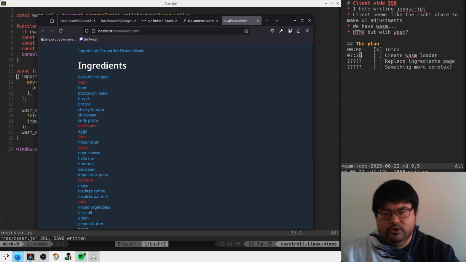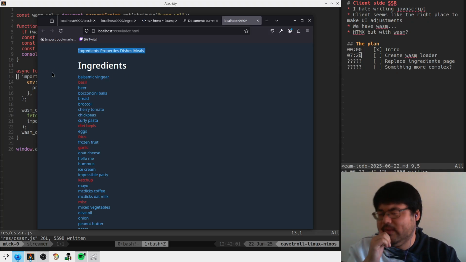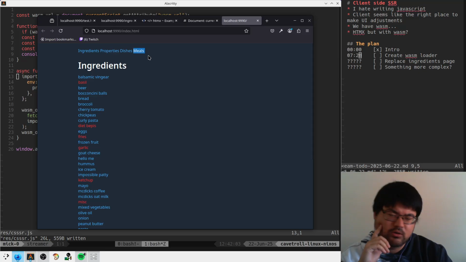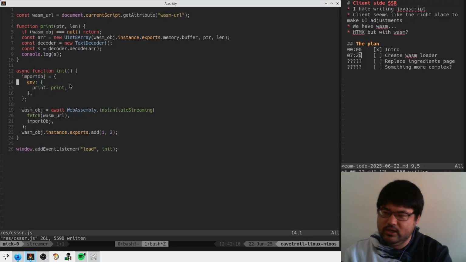What does this thing do? We can start with the header here. So he has a header. Maybe this is kind of hard-coded. That's probably hard-coded. Maybe we don't have to think about that. Maybe not. We'll see. But let's start with getting the list of ingredients and figuring out how to do something